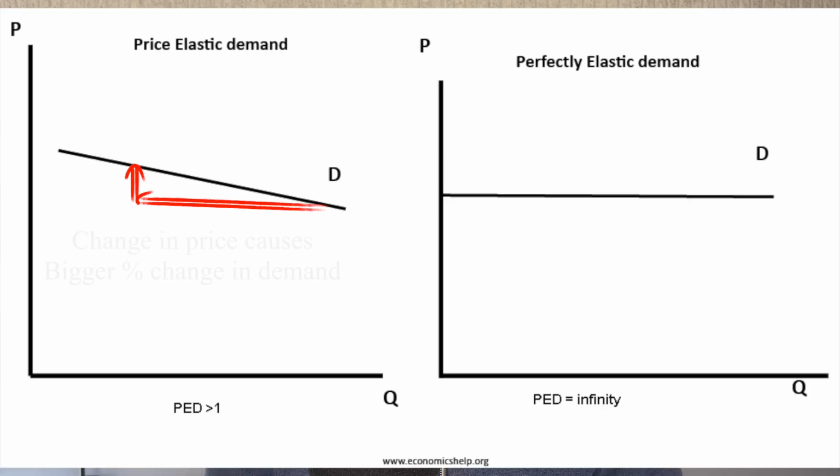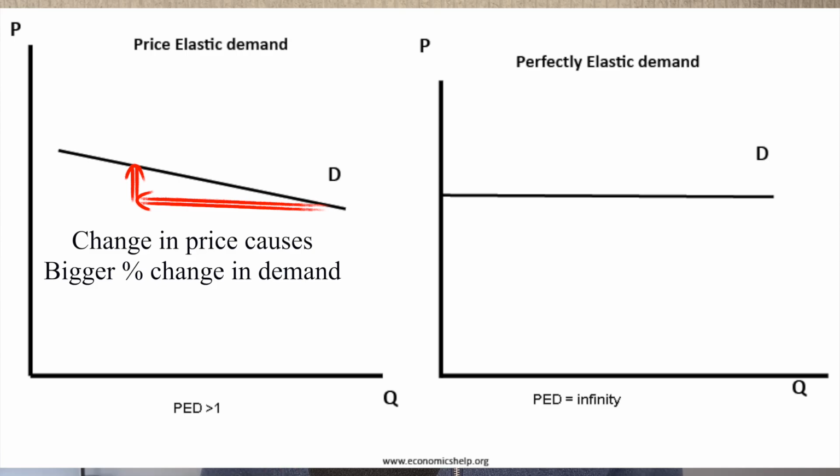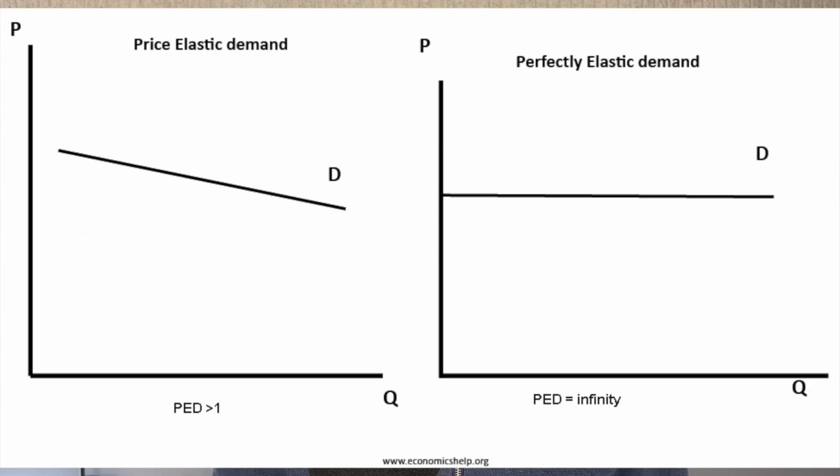If the absolute value is greater than 1, then we say that the demand is price elastic. What's happening is that a change in price leads to a bigger percentage change in quantity demanded. So it means that consumers are very sensitive to price changes. Examples might be expensive luxury goods or products with many close substitutes. If you go to Tesco and the Tesco value bread goes up by 10%, you're quite likely to switch to